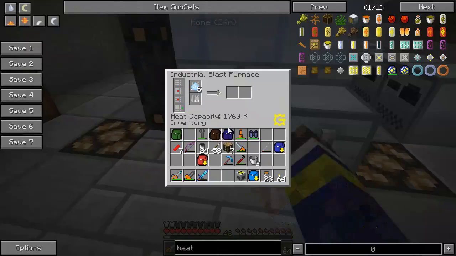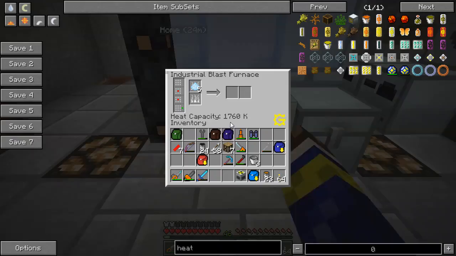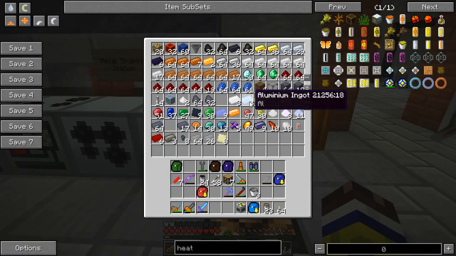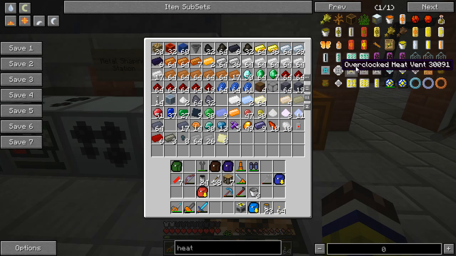That should help at least top it up for the aluminium here to process. I think I have 2 ingots already, yeah, so we can make 2 heat vents with what we have. Now the heat vents, as far as my research tells me,